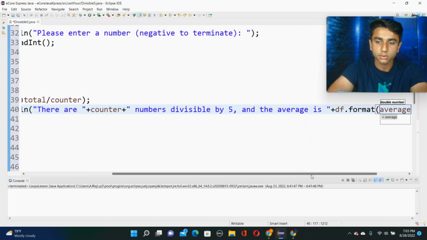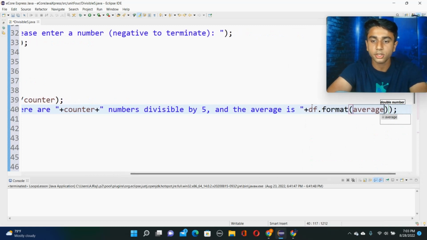So all this is saying here is we're going to put the plus sign. Remember, we always put a plus sign whenever we're not printing out text and we're printing out an actual variable value. So like here we printed out counter as an actual variable value that we're printing out. So we don't need to put it in double quotes. It's outside of the double quotes. So same here, we're going to put this outside of the quotes. We're going to say plus, you always add a plus sign. You're going to say plus df.format, and then df.format is essentially implementing that decimal format, or we're rounding it to